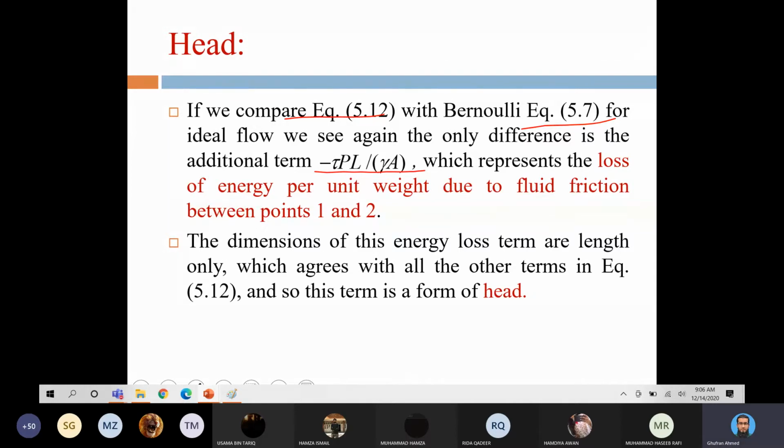Okay, now what does this basically mean? For example, I have probably explained this before. Say if we have a glass